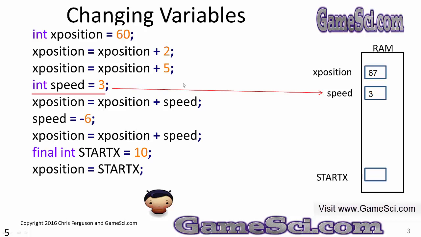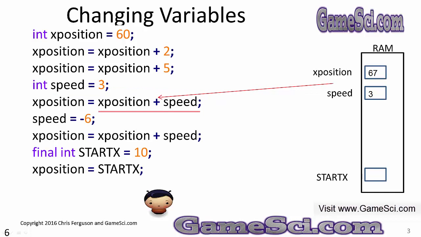I'm going to set up this variable speed equal 3. The type of this variable is an integer. The name of this variable is speed, indicating it's going to control the speed of our character. And our initial value here is going to be 3. Now, instead of a hard-coded value like +2 or +5, I'm going to use a variable to control how fast